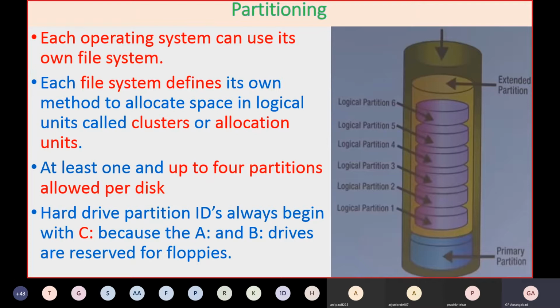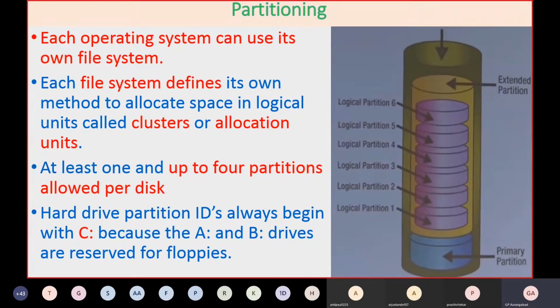Each operating system can use its own file system. So obviously, for a partition used by an operating system for files, remember the structure created by each operating system is different. As I said here, there can be four partitions allowed per disk. Whenever you create a partition, whichever is your bootable drive always becomes your active or bootable partition, and our active or bootable partition is always your C drive.